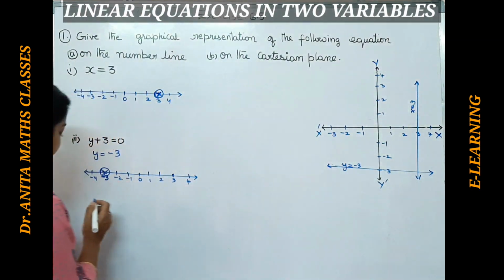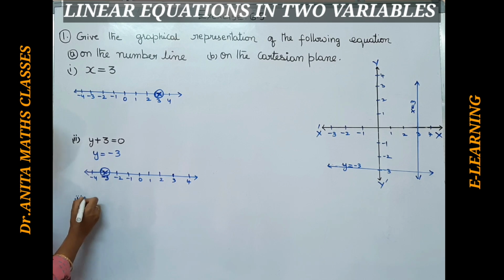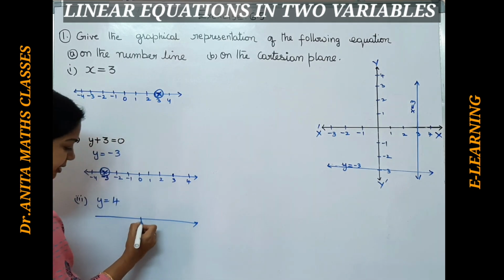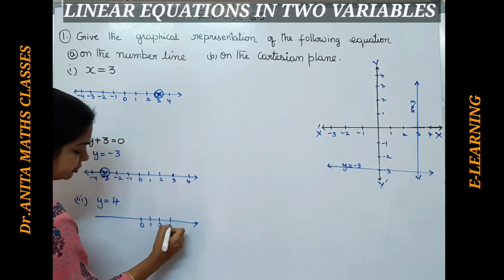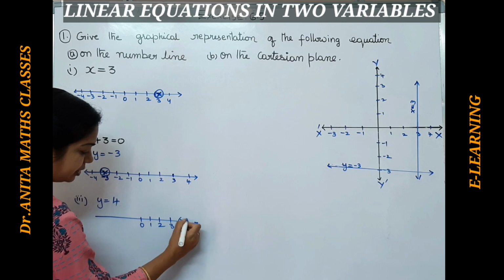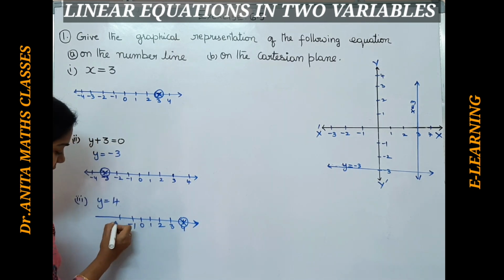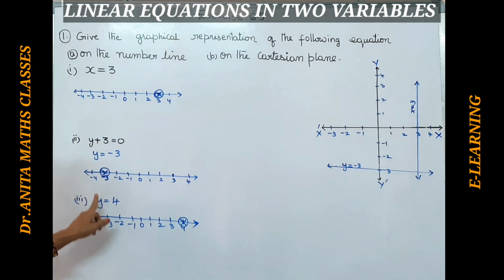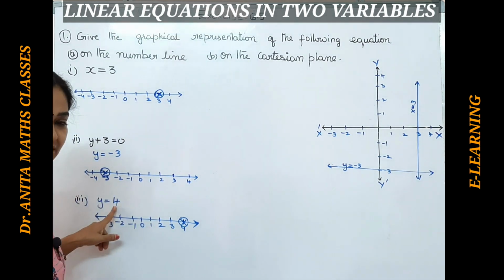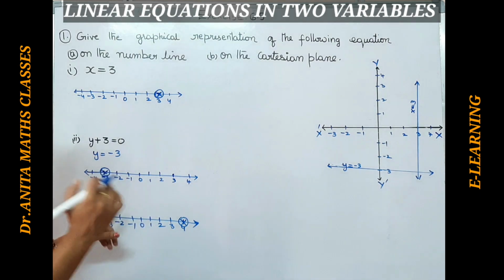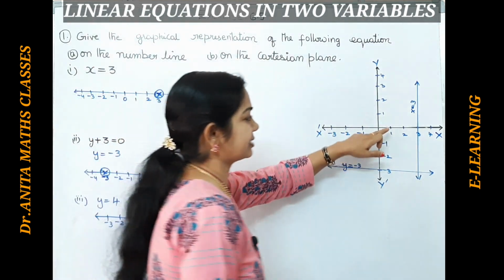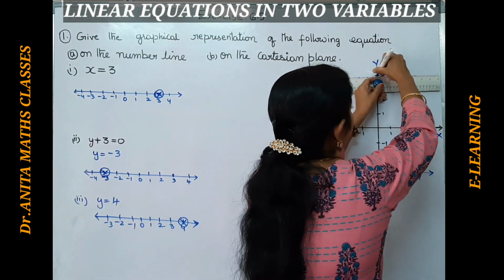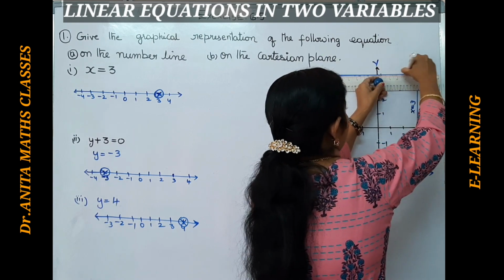Okay. Now if you look at the third problem, y equal to 4 is the third problem. So representing on the number line, 0, 1, 2, 3, 4. So this is the point here. Whereas this side we have negative. Okay. So y equal to 4. The same thing, y equal to 4 means y equal to some k, isn't it? So this is parallel to the x-axis. So y equal to 4, just parallel to the x-axis. From 4, draw a line which is parallel.